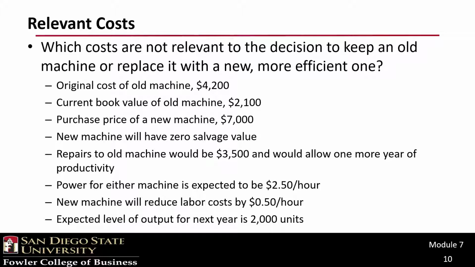So the original cost of the old machine, that feels to me like a sunk cost, and it's probably not relevant. The book value of the old machine, that might be relevant though, because it's going to dictate the gain or loss that we're going to recognize perhaps when we dispose of the old machine. The purchase price of a new machine is clearly relevant. Whether it has a zero salvage value will ultimately bake in to